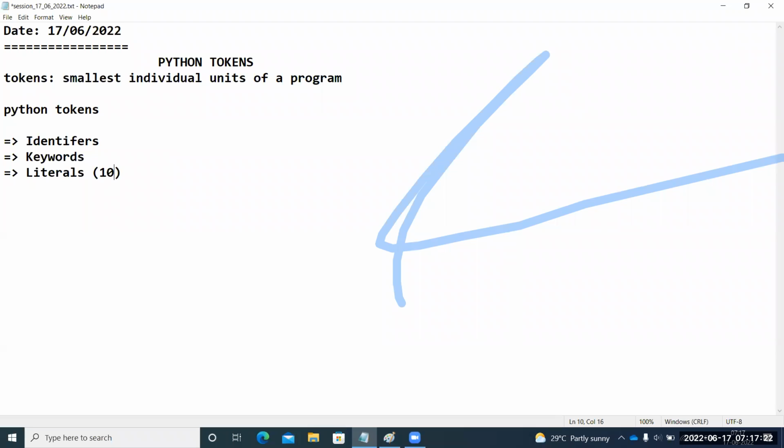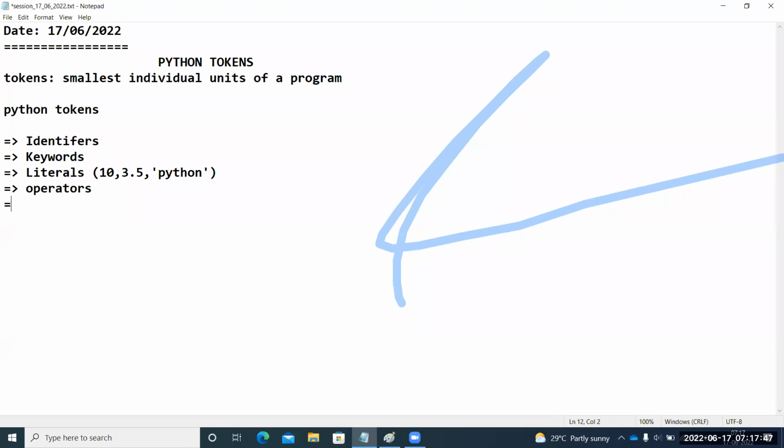I think you know. This is one integer literal, 10. It is a value. Or 3.5, it is a float type of literal. Then within the single quotes, you enclose some characters. This is called a string type literal. I'm giving you some examples. That's it. Next one is operators.